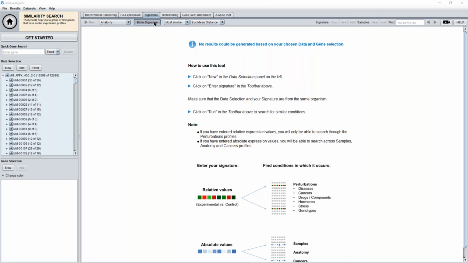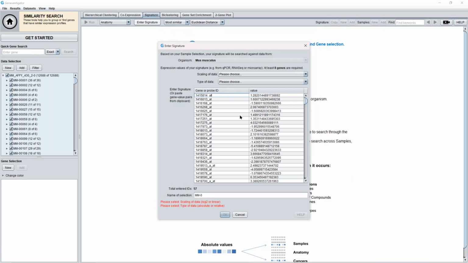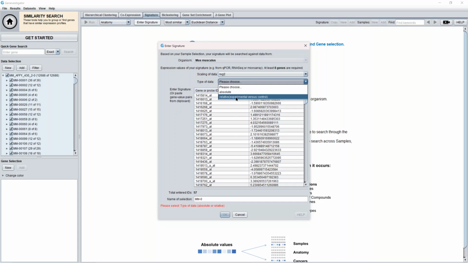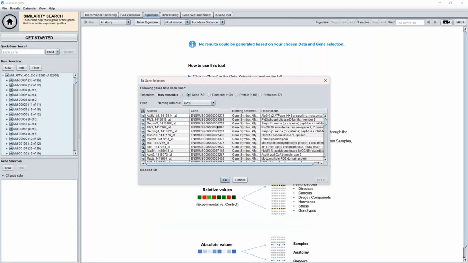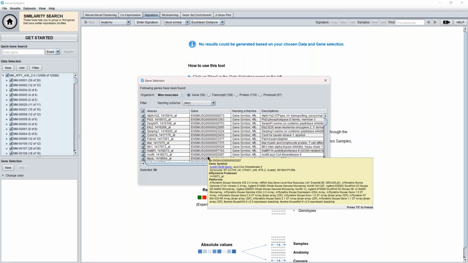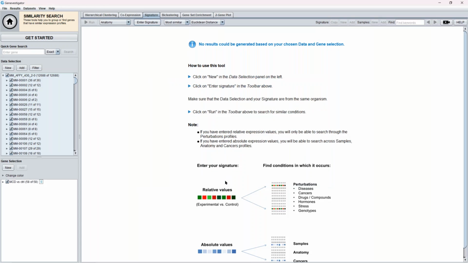I will click on Enter Signature and simply copy-paste the list that I have received. I need to then define the scaling of the data. So this is in log2 format, which is called differences in the Qlucore software. And to define that the data is relative, because it was defined using a comparison between the diseased and the control mice. And I can simply give this a name. So this was the MCD versus control, and I will click on OK. And before I start my analysis, I need to confirm the list of genes that correspond to the entered identifiers. So when I click on OK,